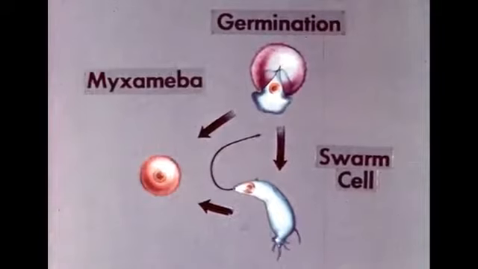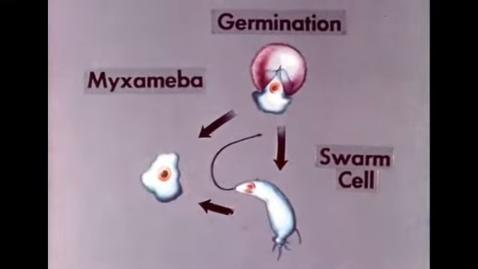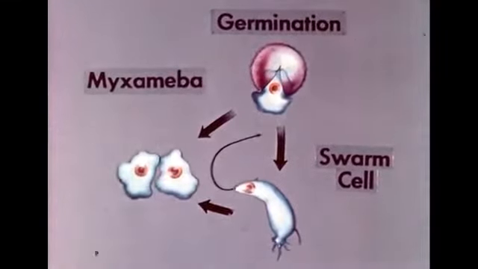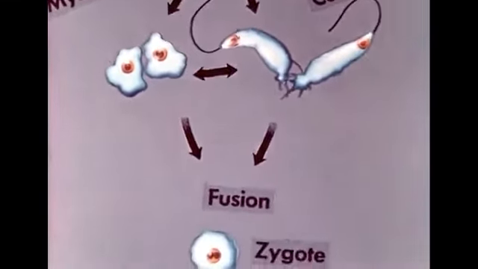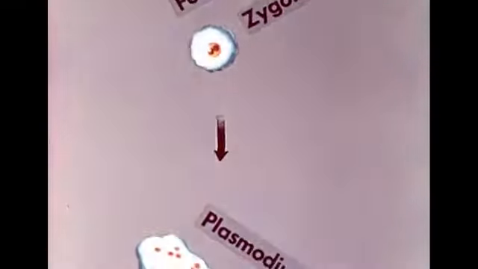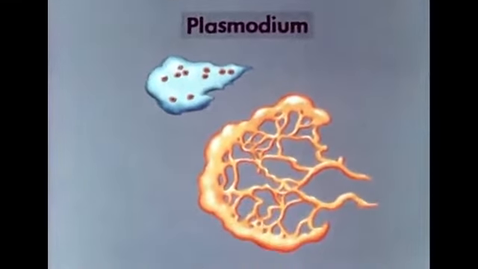Under unfavorable conditions, a myxamoeba or swarm cell may encyst. When conditions again become favorable, the cyst may germinate, giving rise to a myxamoeba or swarm cell. A myxamoeba may divide. Eventually, the myxamoeba or swarm cells fuse in pairs, forming zygotes. The zygotes may grow by themselves, or fuse with other zygotes and develop into a multinucleate mass of protoplasm called